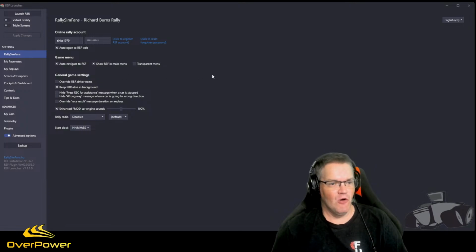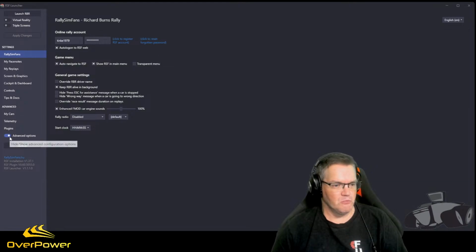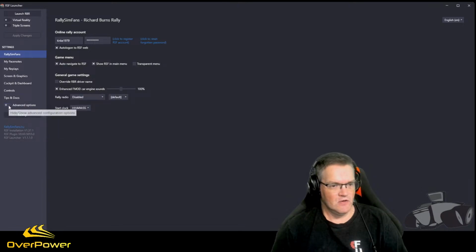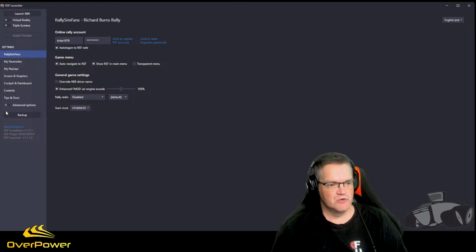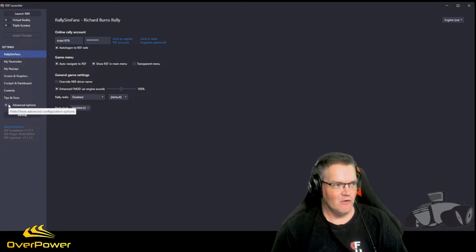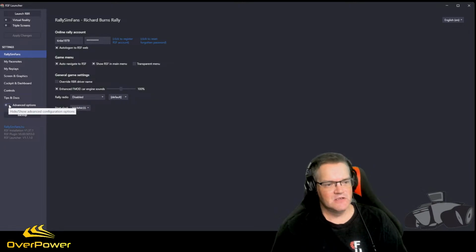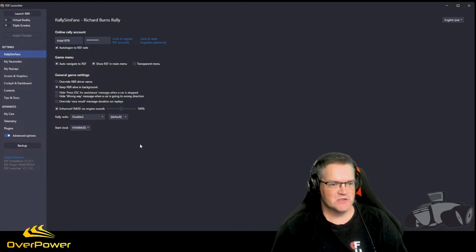So first of all, when you jump onto the RSF Launcher, you should click on the advanced options from here. Without the advanced options, you don't have all the buttons and such things to play with here. So I recommend that you click on advanced options like this, and then you, for example, get such a "keep RBR alive in background",